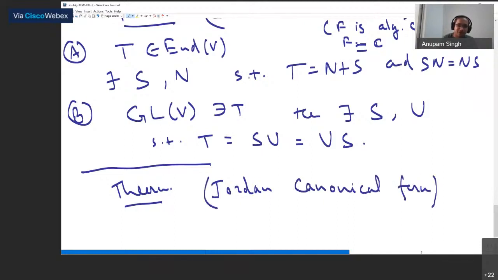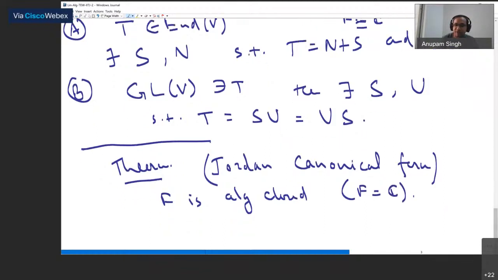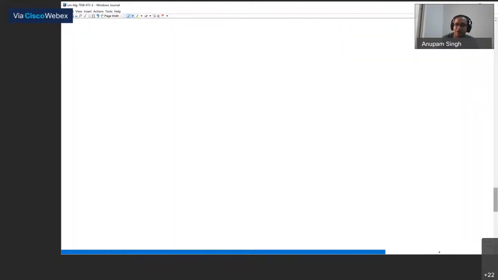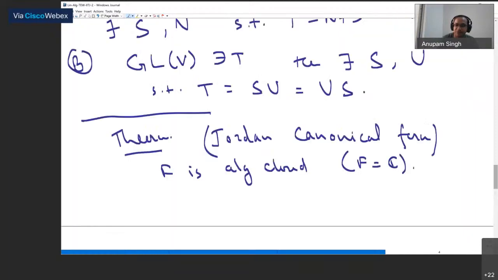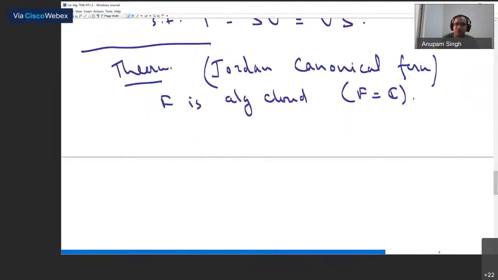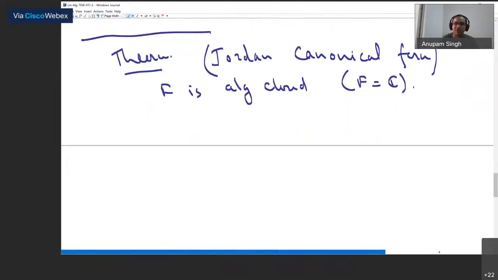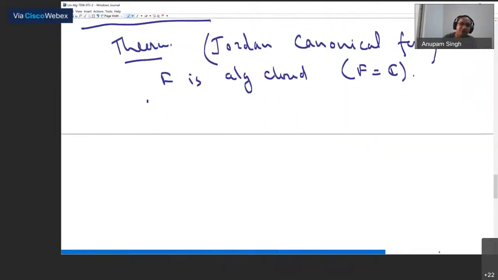In this theorem, again, we assume that F is algebraically closed, for example the complex numbers. Let me write this theorem once again, somewhat more clearly and cleanly. This was the last thing I was writing yesterday. So what does this theorem say? If you begin with a linear transformation in End(V),